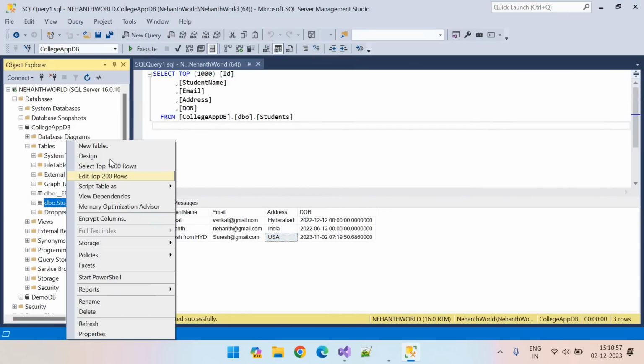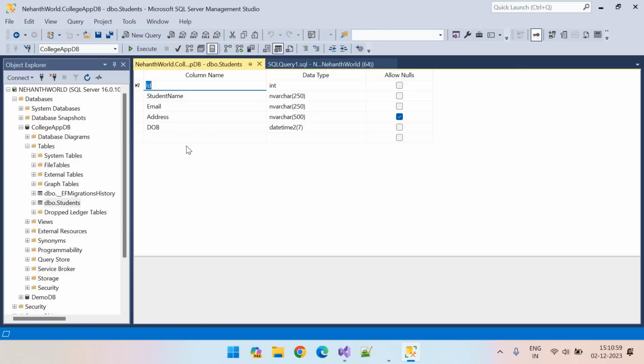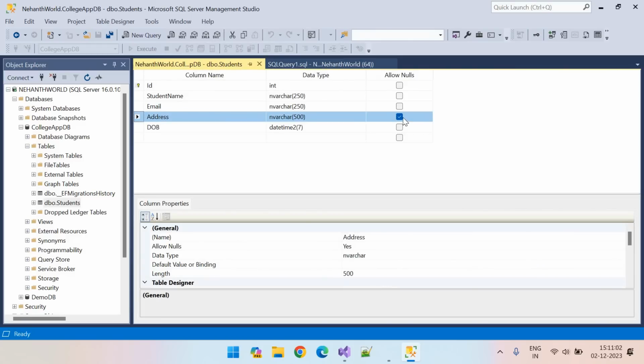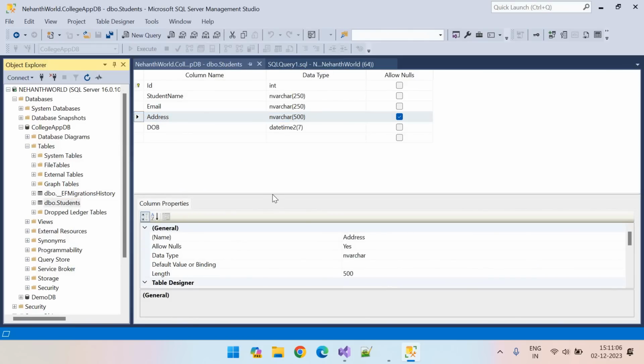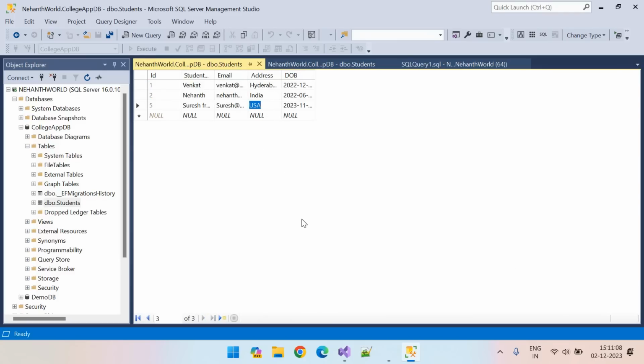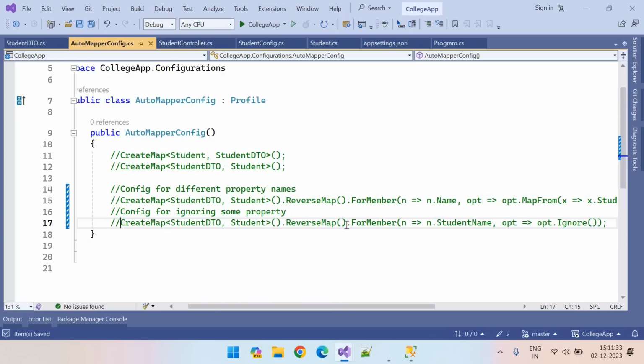You can see our student table schema. The address field can be null. So let me edit this. Let me remove some address field and make it null. So I have made this particular student address null. Now the third student address is null. If I run this,